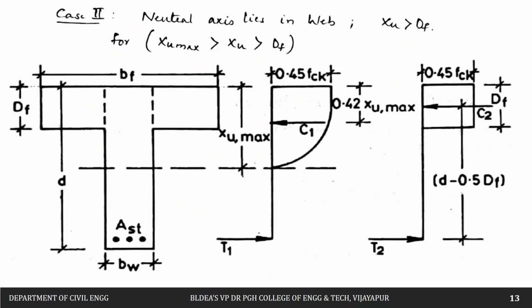Then next is the second case we are going to see, if the depth of the neutral axis is going to exceed the depth of the flange. So in the previous case our neutral axis was here and this is the depth of the neutral axis. This was case number 1. Now for example, if our depth of the neutral axis is going to exceed the depth of the flange, how to calculate the moment resisting capacity of the section? That is what we are going to see. This is nothing but XU. XU if it is greater than this Df, that is the depth of the flange.